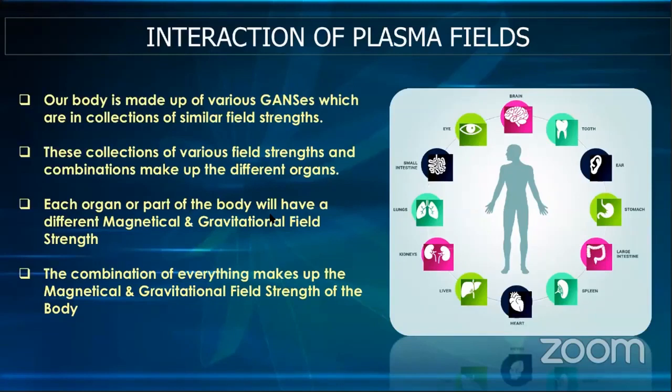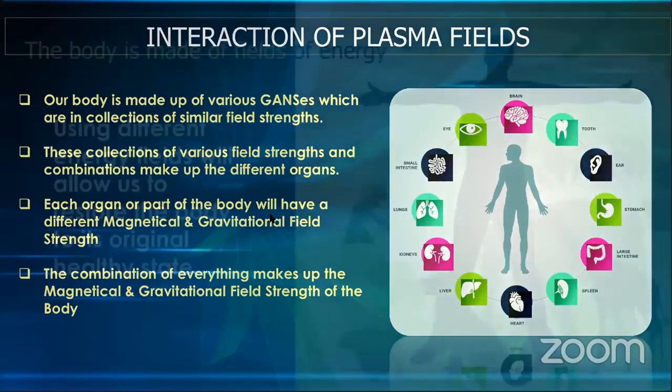This collection of various field strengths and combinations makes up the different organs. Every single organ has its own magnetic gravitational field. So we can work specifically with every single organ, create different fields to target an organ, just create energy to change that organ. As I said, and I'm going to repeat it over and over again, we don't need injections, we don't need medications. Just create an environment, and put in that environment all the elements that your body needs, and it will make those changes. Everything. So now we're understanding that the field using this energy